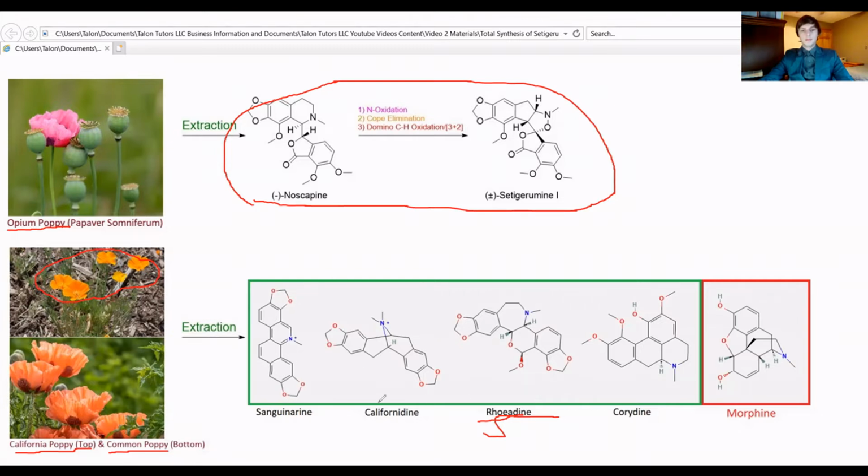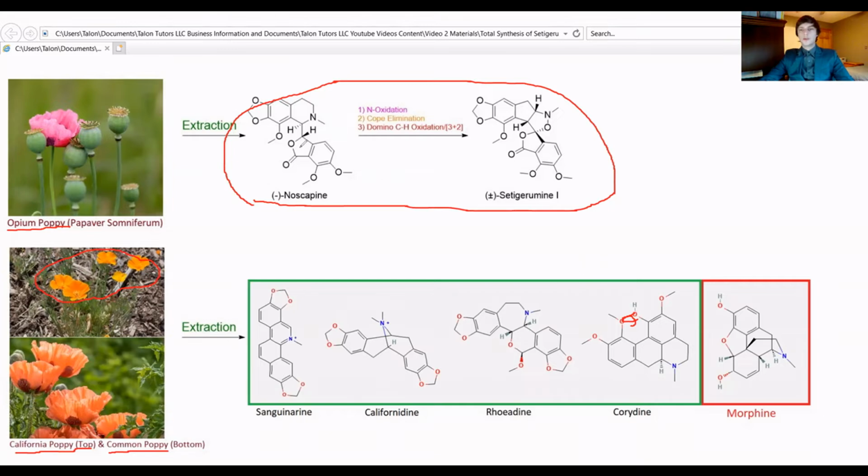So californidine has a very strange structure. As we see, rohidine has a very strange structure, and coridine has a similar structure to that of morphine, if we can imagine connecting this bridge right here. The point of all this is just to show the similarities in structures between these compounds and the potential biosynthetic pathways that the botanicals use to make these different compounds with different functions, and relate that back to this